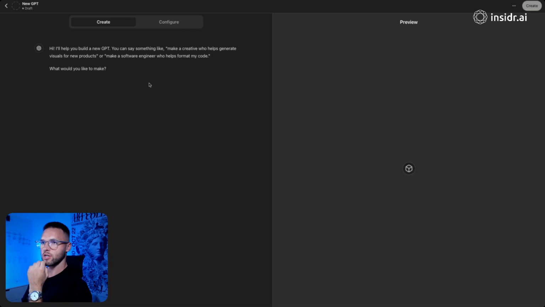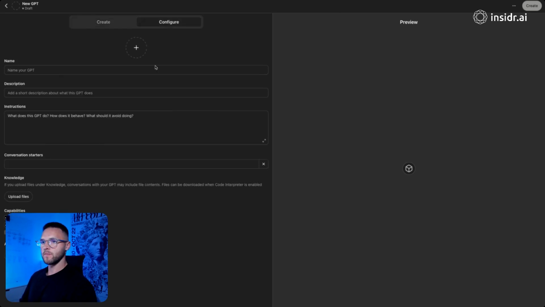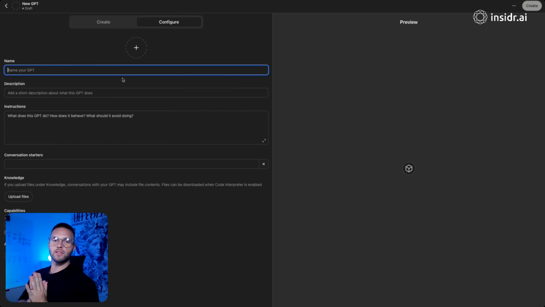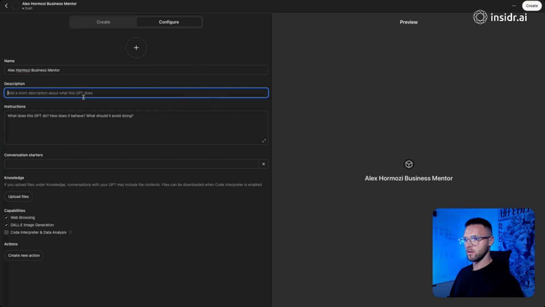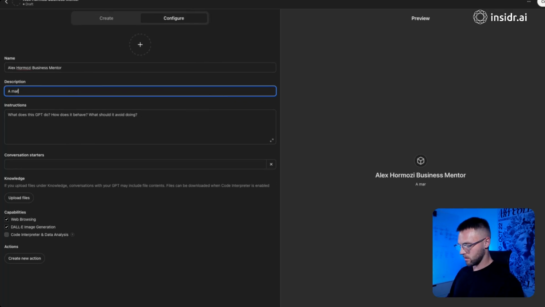So the next way to create a GPT that is a little more customized, with more specific knowledge to go off of, we'll click configure up here, and then we'll name the GPT. What we'll be doing here is creating an Alex Hormozi business mentor based on Alex Hormozi's books. So let's name it Alex Hormozi business mentor. Then we'll add a short description of what this GPT actually is. In the description, we will add a marketing and sales